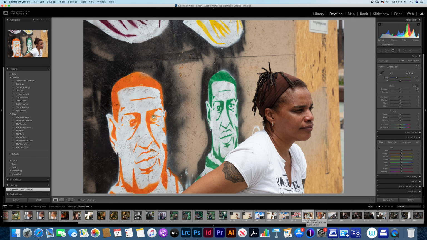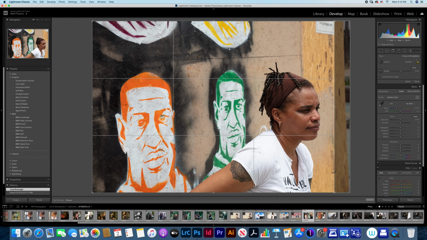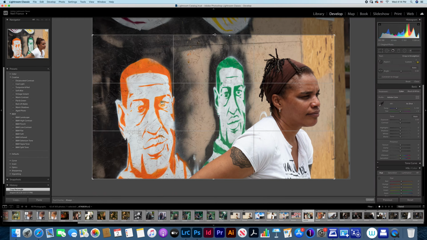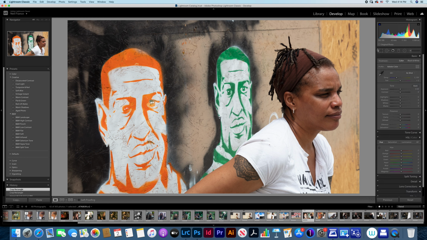This one works a little if you crop in here just a bit and create a bit more tension between her face and the edge of the frame, and then cropping out the top space here.